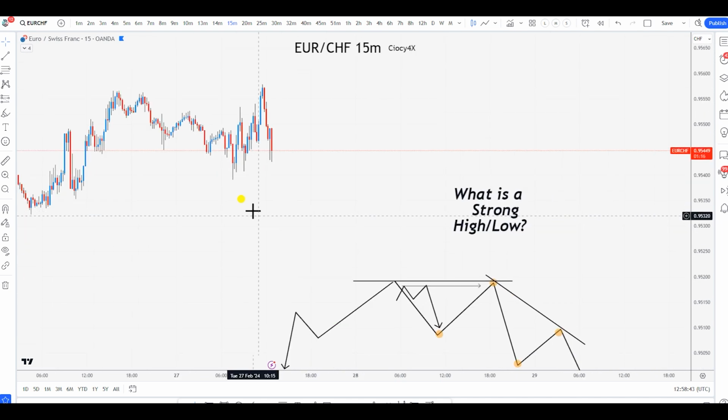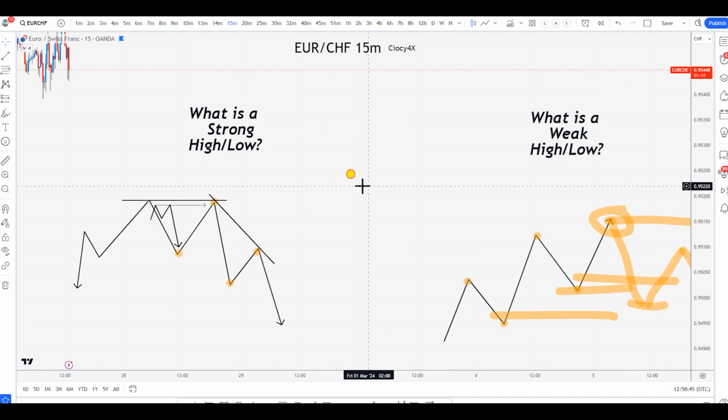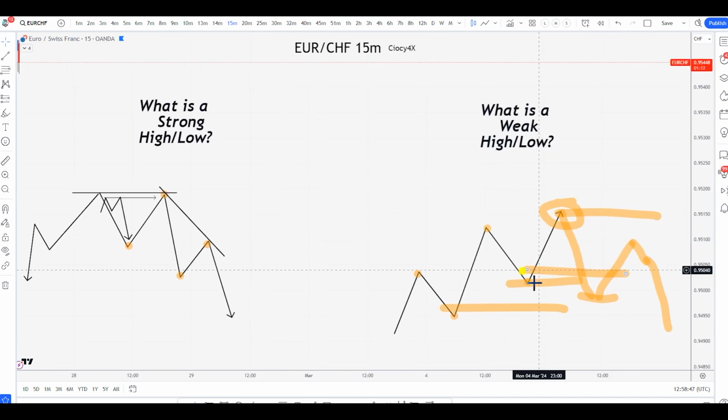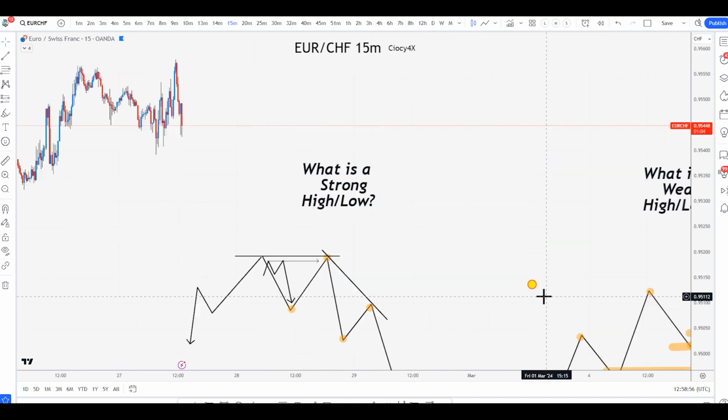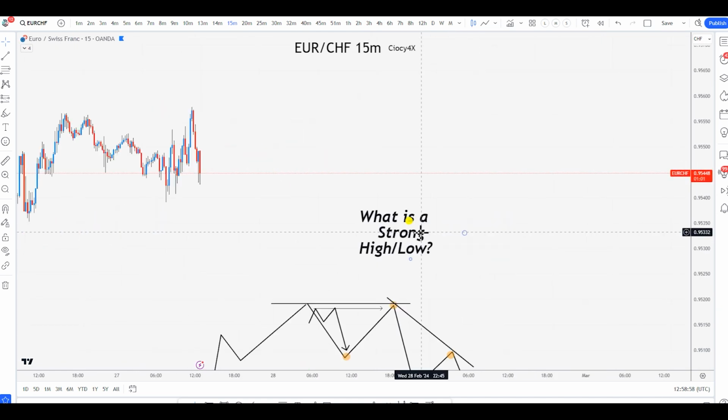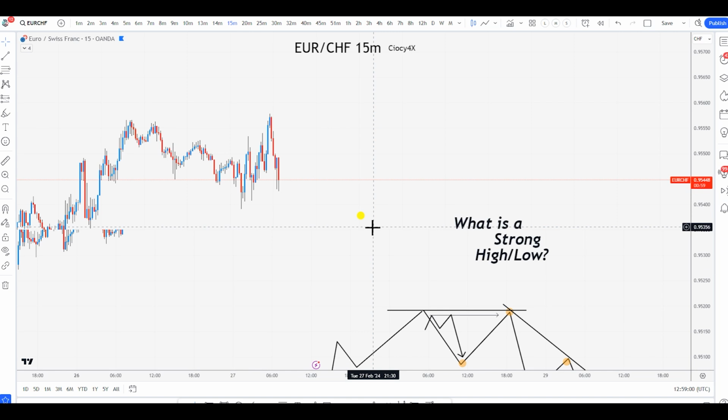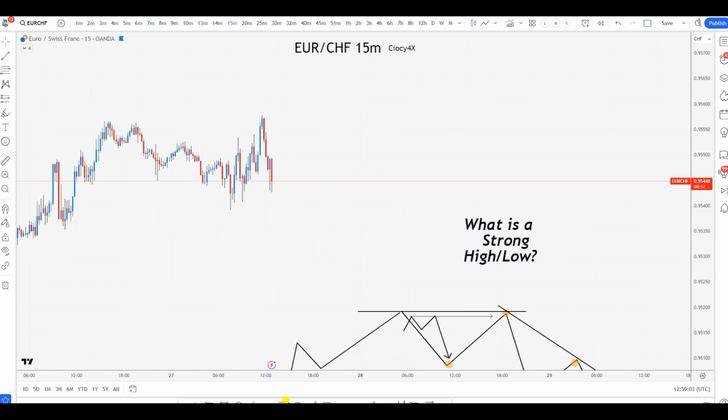If you remember my drawing, what did I say? Let's check this out. We have order flow: high, low, high, low. When these get broken, this becomes a strong high, this becomes a weak low, right? And then it keeps going the other way around. Now, if we go over here, you can clearly see the first example literally popping out. Check this out. We have the order flow. We got the high, we got the low, we got the high, we got the low over here, we got the high over here, we got the low, and then boom, we have a break to the upside.